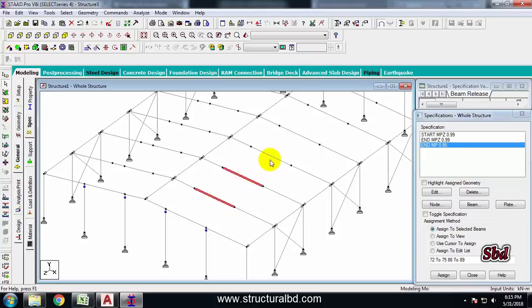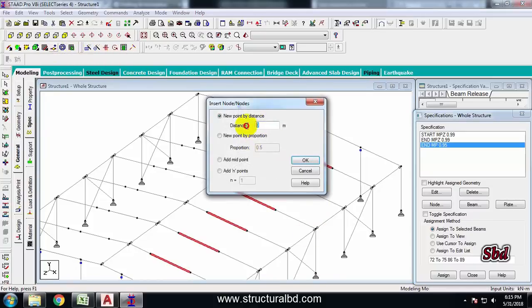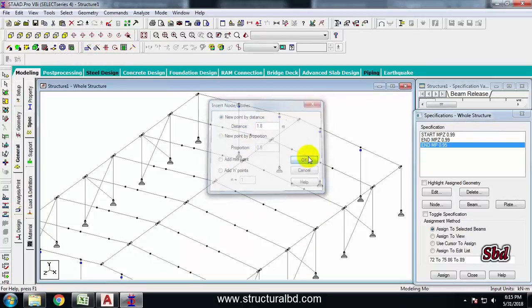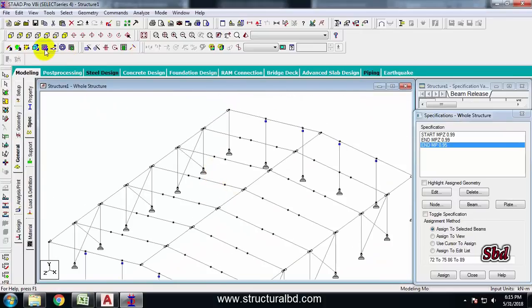Similar way for this one, all of this, same way, I have 1.8, okay. And now I can draw my bracing here by going to here, add beams, draw bracing, this point to